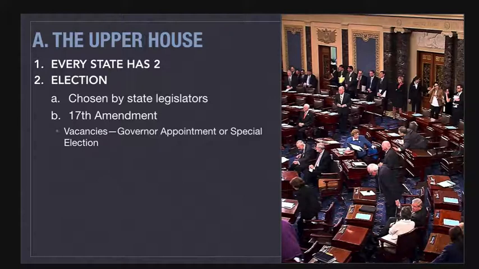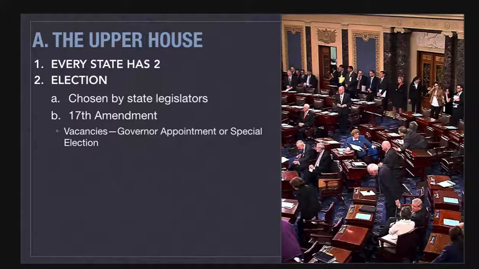So those 2 senators have a lot of people they are trying to reach out toward. If there were a vacancy, the 17th Amendment also covers this for senators. The governor has the opportunity to either appoint a new senator without the people voting on a new senator, or they can have a special election that will also be determined by the governor. He will set the time and the place for that, but that way the people get a say in who the new senator is. And I think each state will take that on a case-by-case basis. It may depend on the length of the term that's remaining in that senator's position as well.